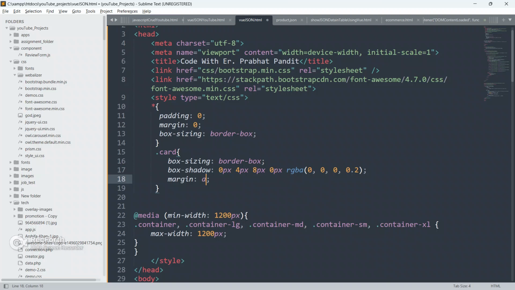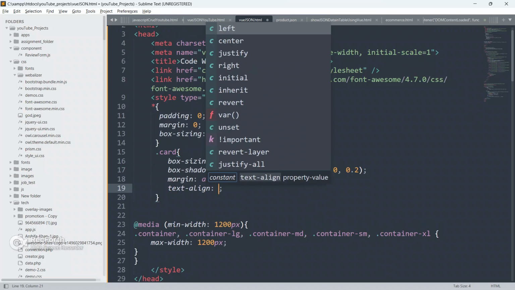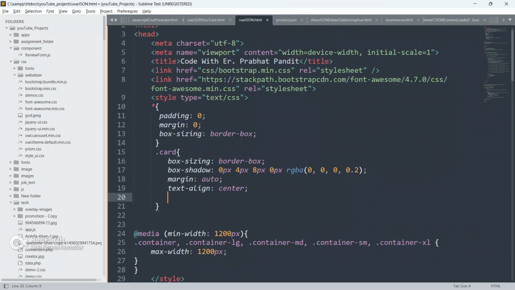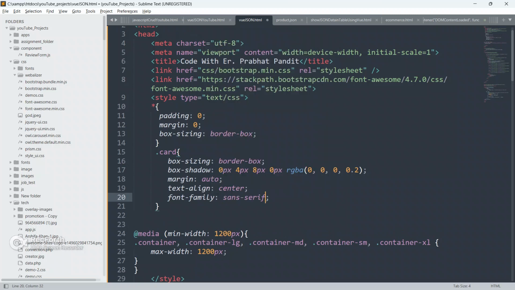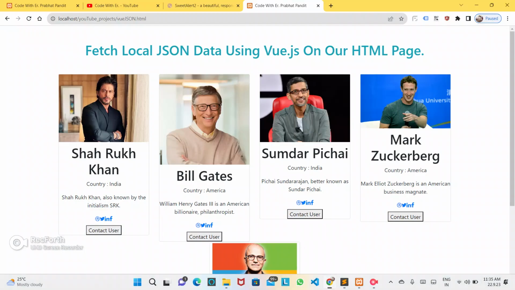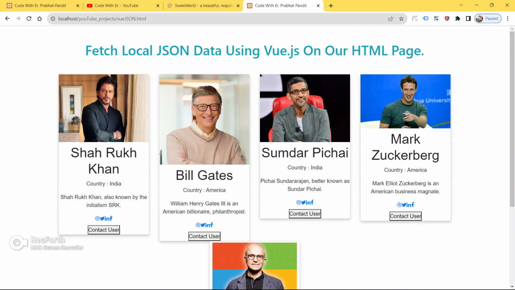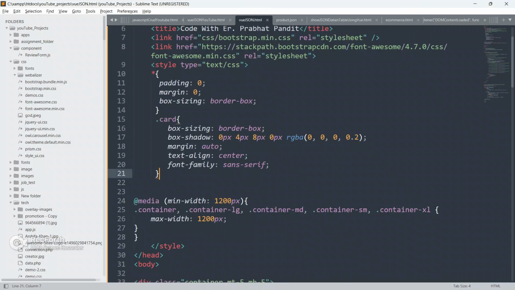I'm gonna give margin as auto, text align as center, and font family as sans serif. Now save your code, go to the browser and refresh your page. Now it's looking good.